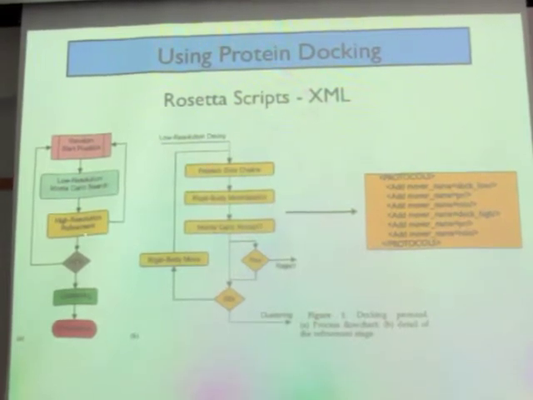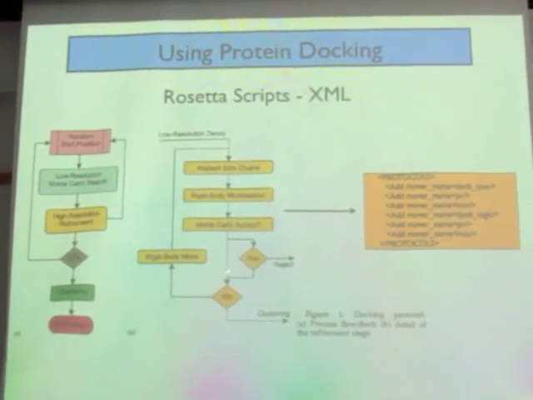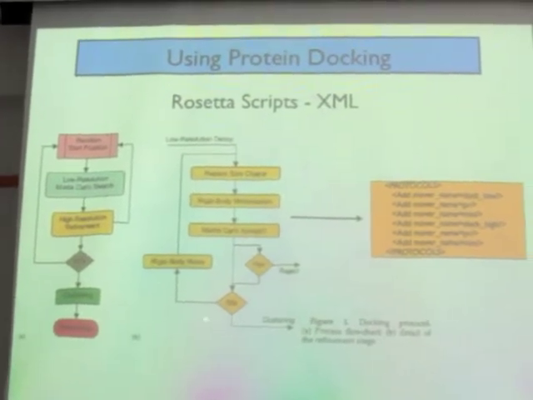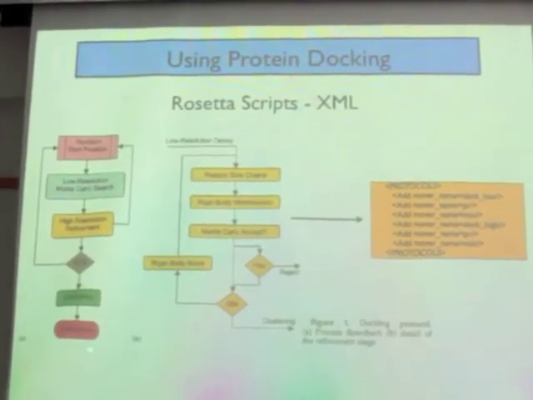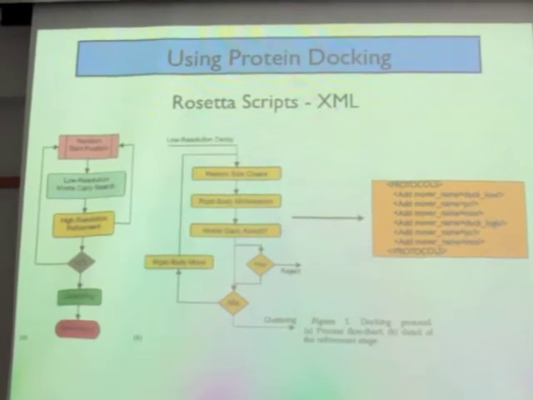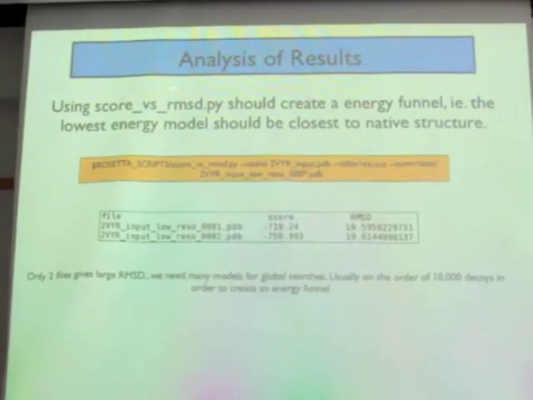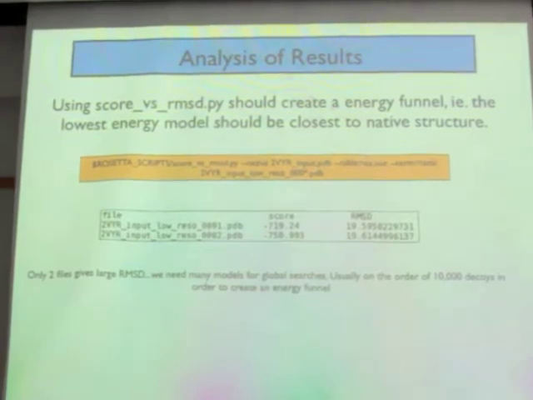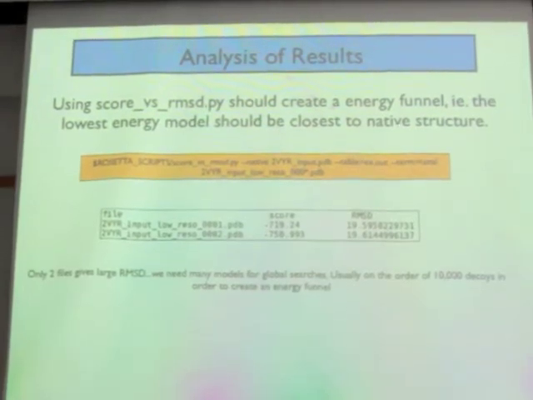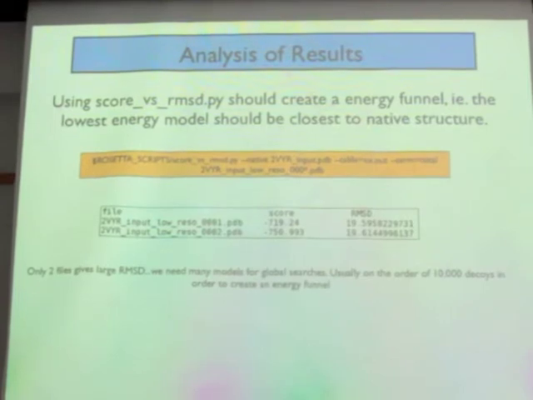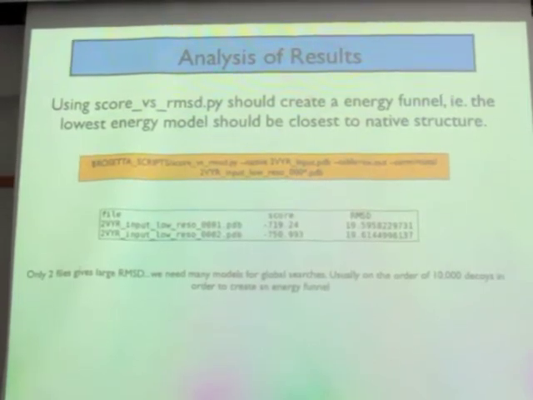That's my dock high. And then we also want to accept or reject it, and we do it many, many times, and that's specified on the command line. And then we can do our clustering and predictions. So score versus RMSD should always create an energy funnel. So the lowest energy model should be closest to native structure, and that's pretty much the backbone of how Rosetta things